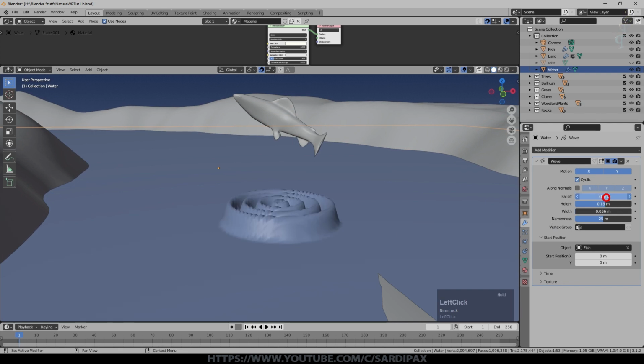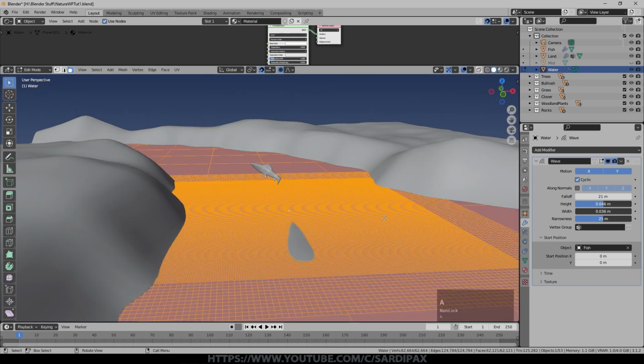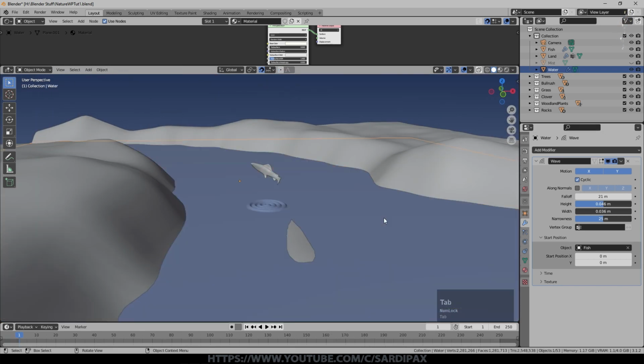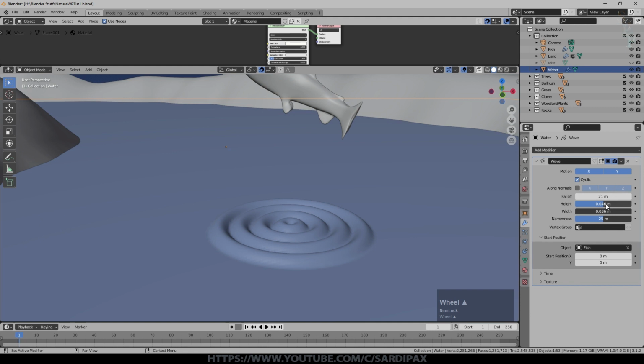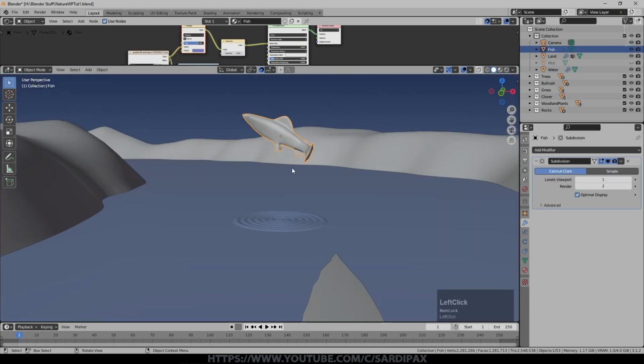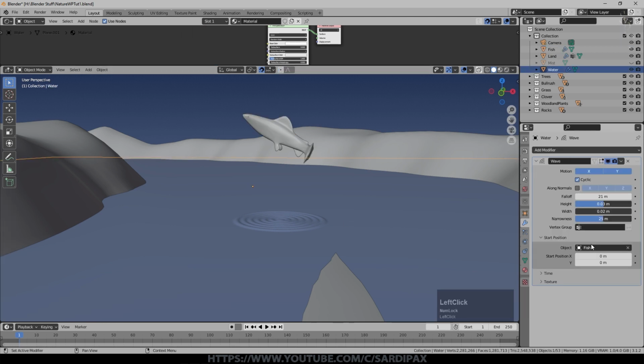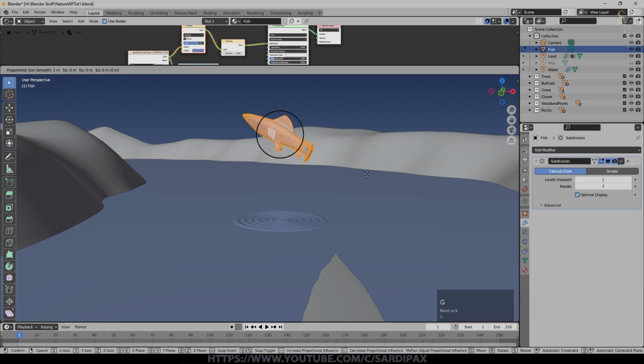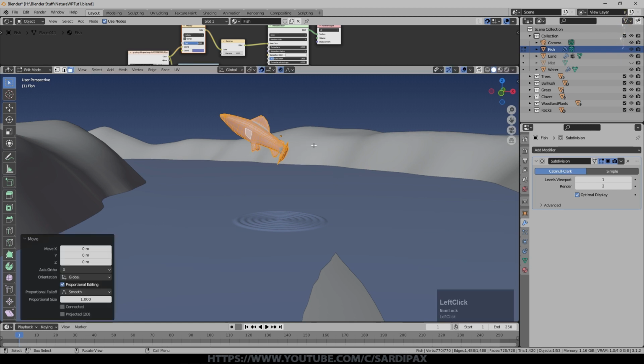So I've increased the falloff now and I'm going to decrease the height. I'm just going to add another subdivision to everything and I can reduce the height again. Exact numbers you need will depend on the scale of your specific scene and so on. If you want to offset the fish, you can either use an empty as the target. So I've used the fish as the start position, but you could use an empty, which is then just grouped with the fish, or you should be able to just go into edit mode and move your fish in edit mode, but leave the origin where it is.